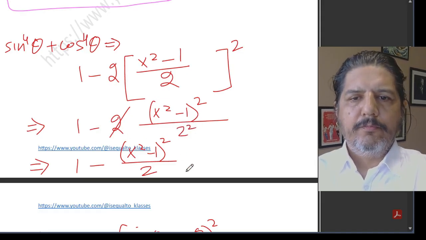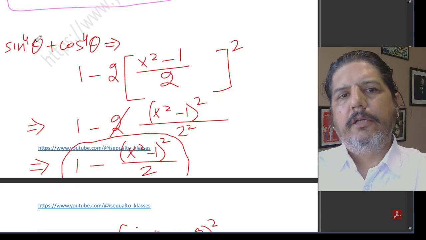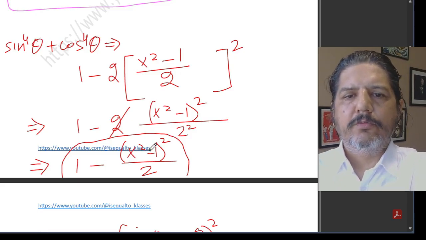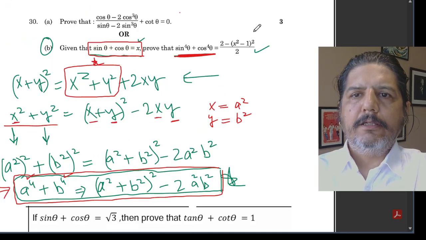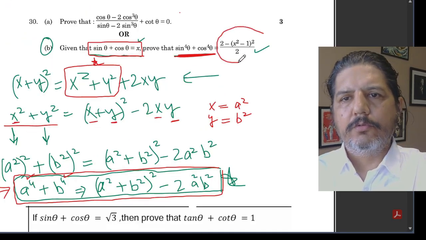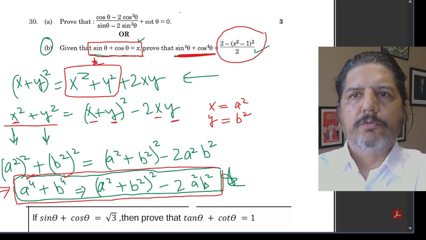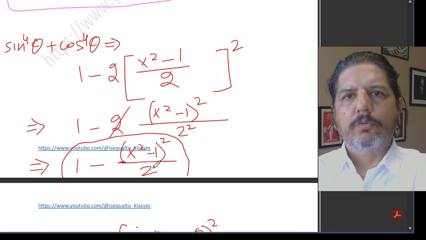So now what I have proved is that sin raised to power 4 theta plus cos raised to power 4 theta is equal to 1 minus x square minus 1 of whole square upon 2. Now let us look at the right side. What do they want? So it is 2 minus x square minus 1 whole square upon 2. I have got 1 minus x square minus 1 whole square upon 2. I've almost